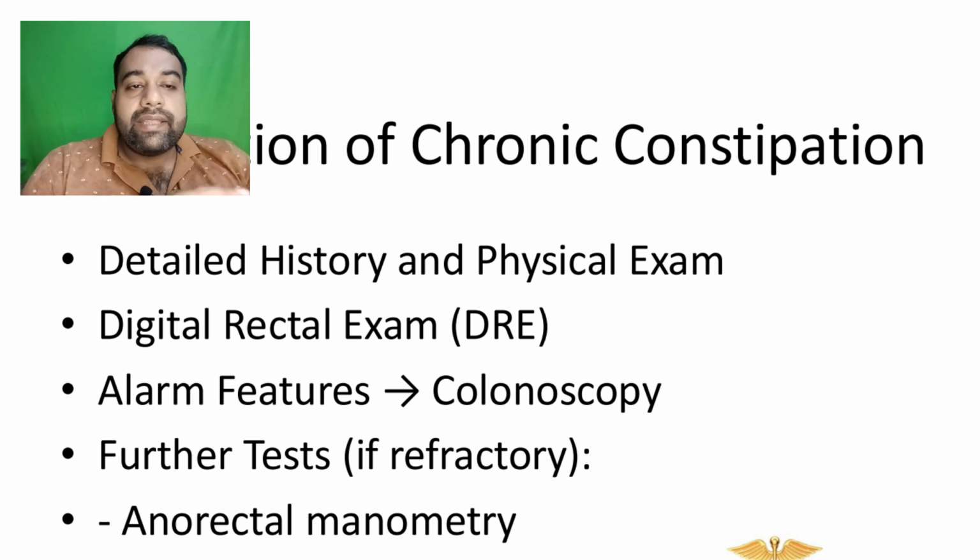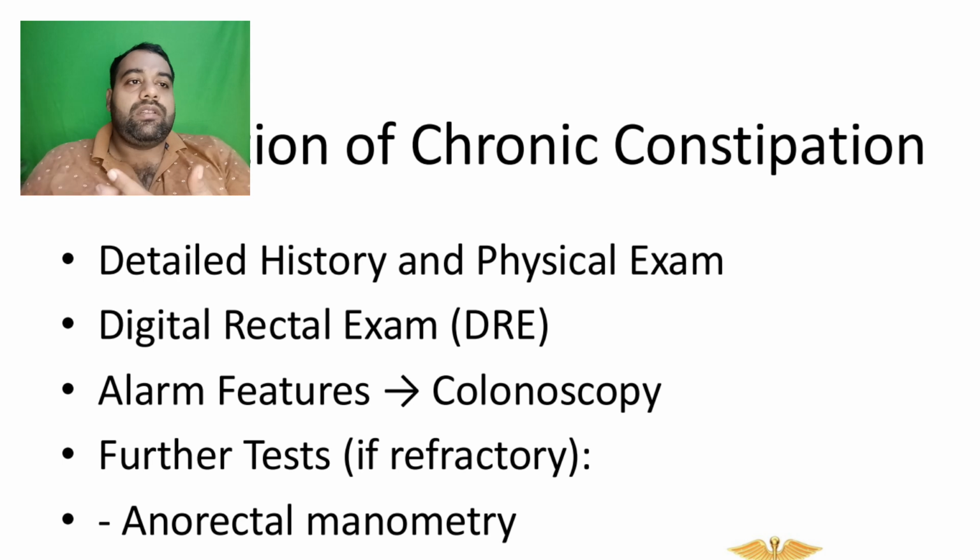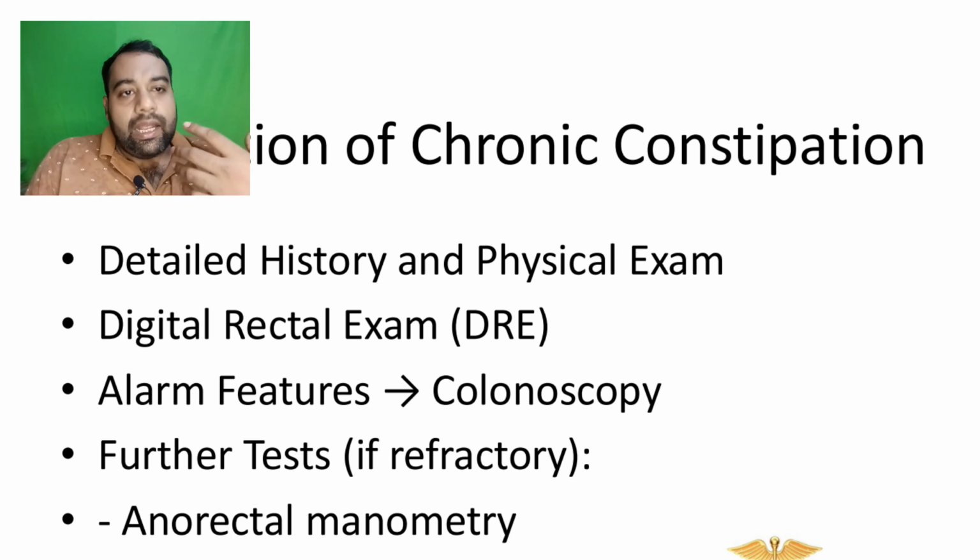Also look for any associated abnormal findings, like piles, or in some cases a rectal fissure, right? Also in some cases you are able to find a fistula as well. So these are the typical findings you must look for in a chronic constipation patient, because chronic constipation is often associated with